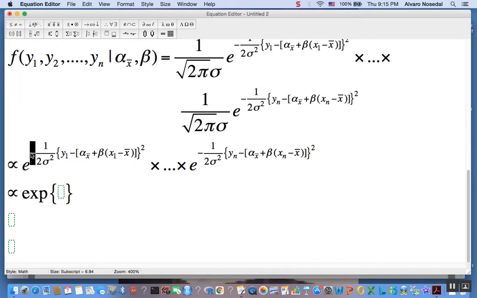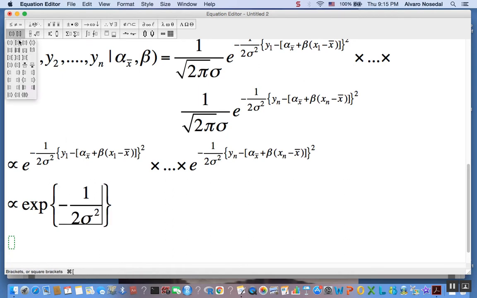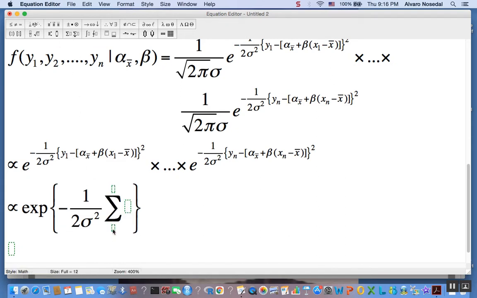Note that -1 divided by 2 times sigma squared is a common factor, so let's treat it as such. And then we are going to have the sum of terms that look like this, okay? So summation i goes from 1 to n of this,